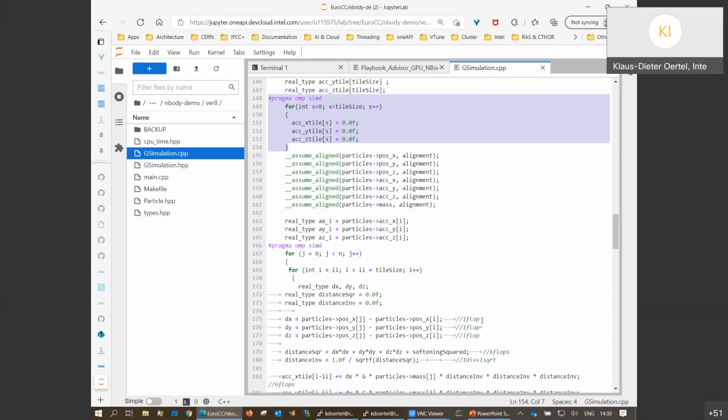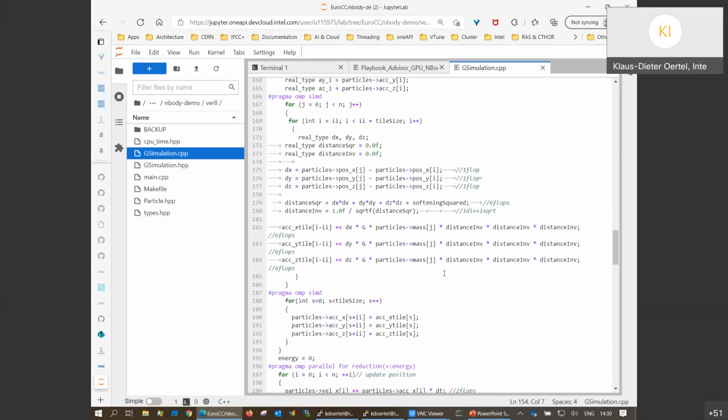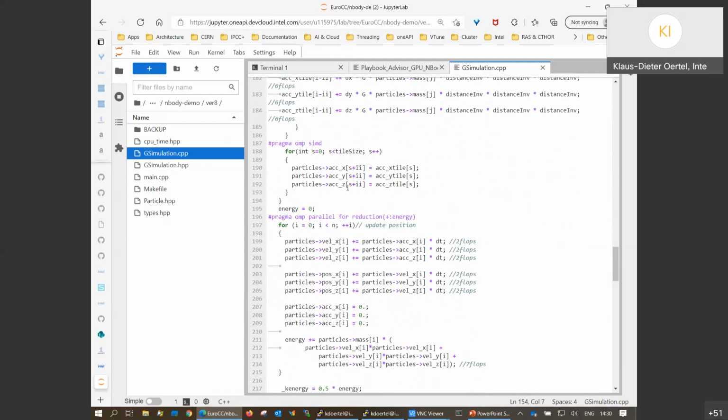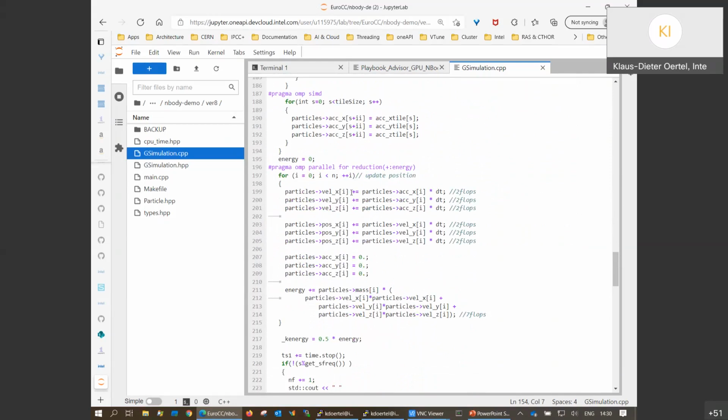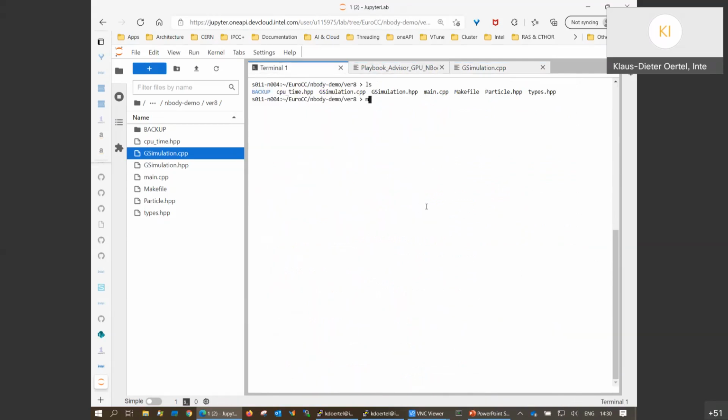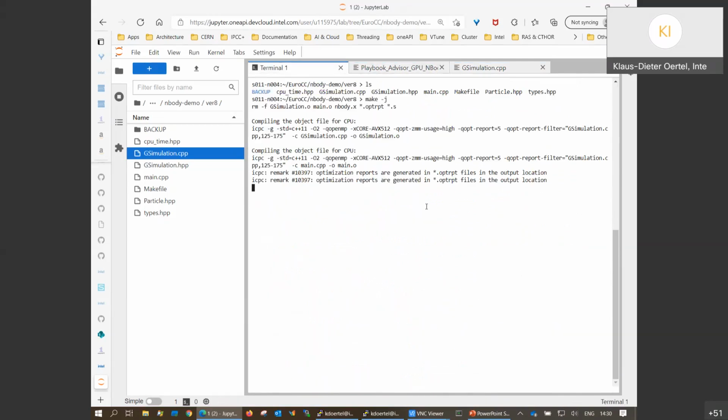And here then the actual particle calculations. The loop is also vectorized. Then for the symmetry, we have here the other calculations. And finally, we have here the reduction operations, which is also very natural in molecular dynamics applications. And so I make the code, the executable,